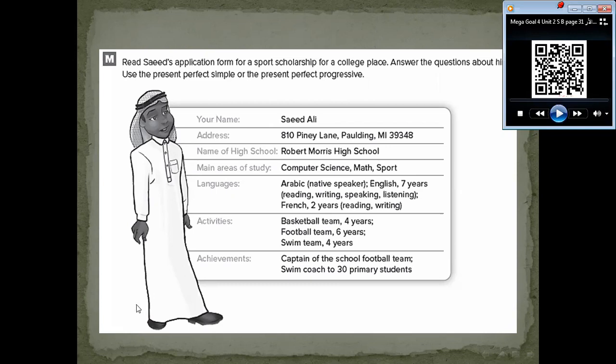Okay. Now I want another student to tell us what is the form of the present perfect progressive. اتفضل يا بدر. بدر طارق. Badr, what is the form of the present perfect progressive? معايا يا بدر؟